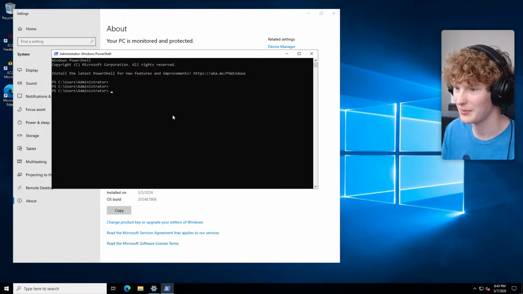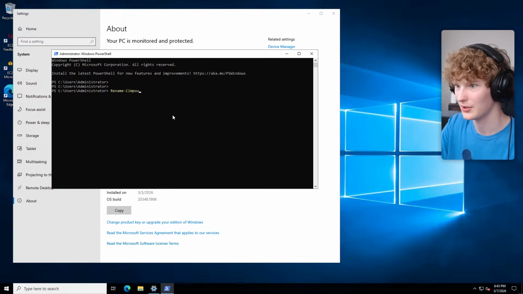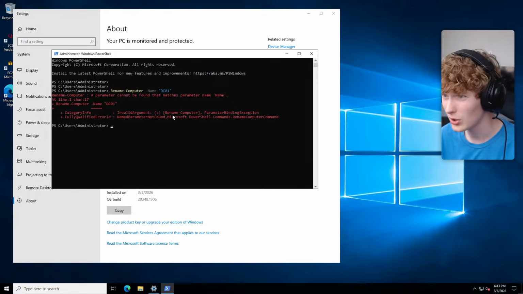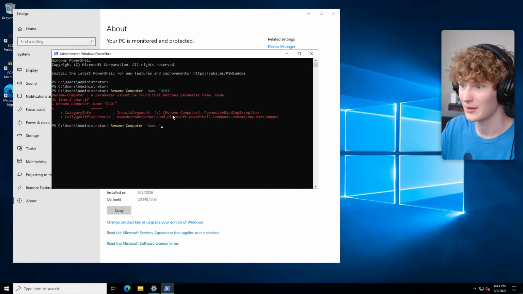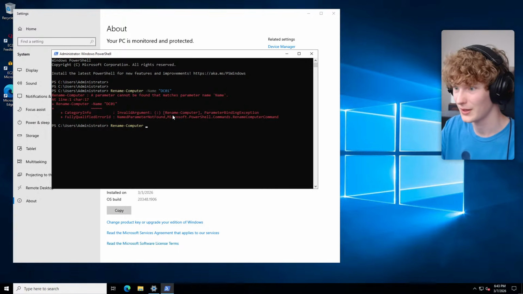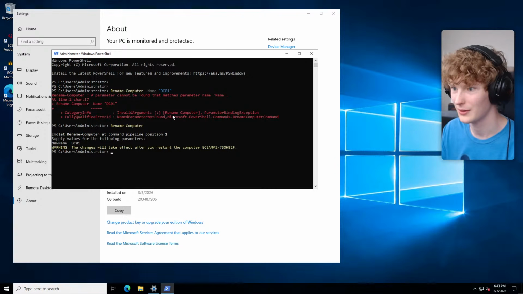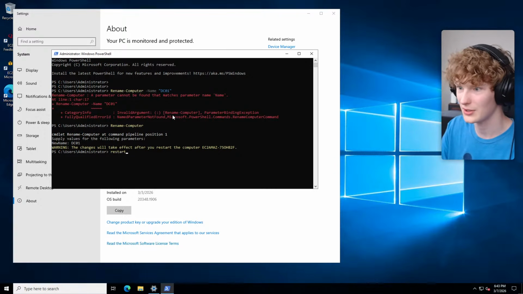Dang it, my command didn't copy. I remember. Rename computer. Session name is going to be DC01. Hopefully that's right syntax. A parameter. Name computer. New name. DC01. After you restart. Okay, restart. I don't know if that's the actual command. It might be reboot.